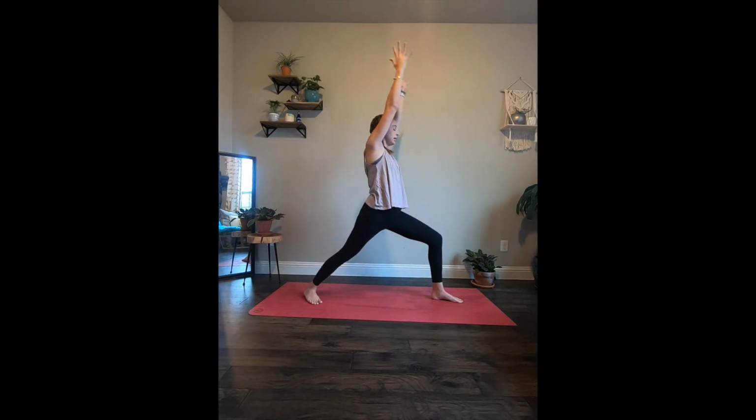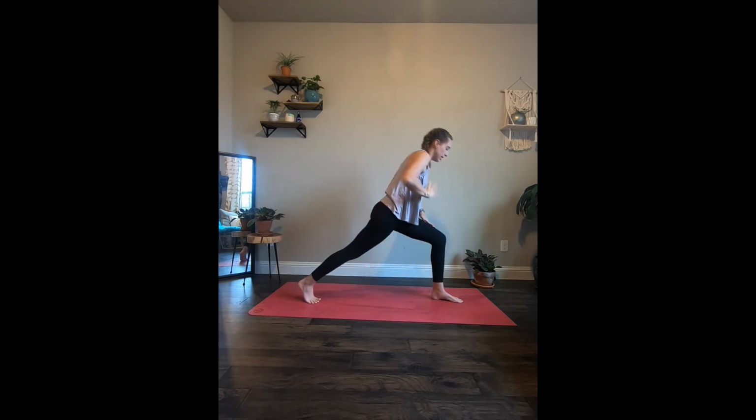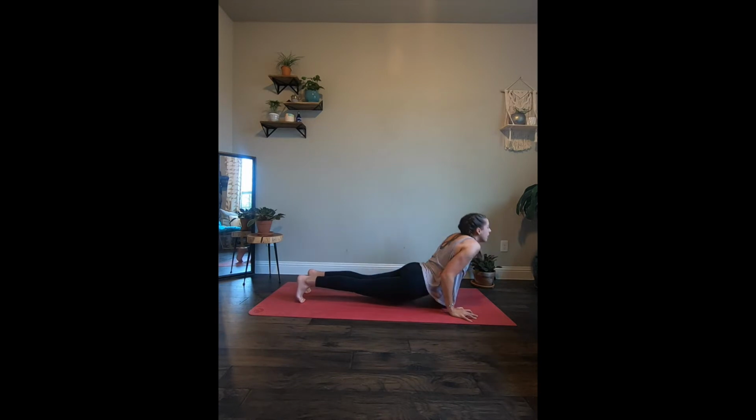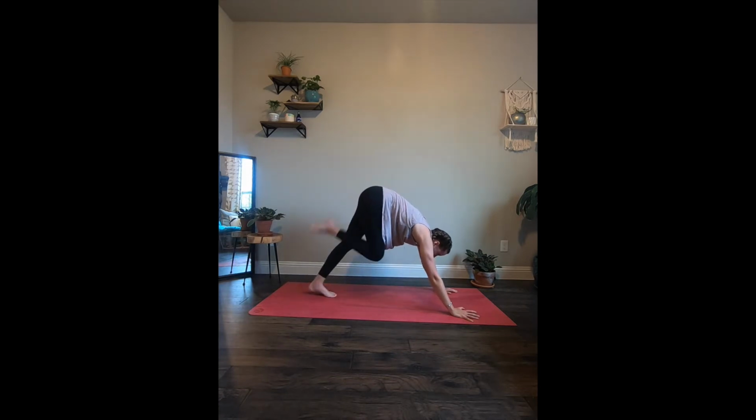Warrior 1. Take that right heel. Let's turn it back. Coming back into crescent lunge, and let's flow it out. Hands are going to come through the heart. Take that left leg, bring it back. Flowing in high to low plank. Inhale to up facing dog. Exhale, down facing dog. Let's look at our thumbs, bend our knees, and let's get to the top of our